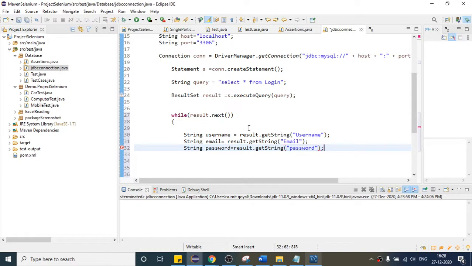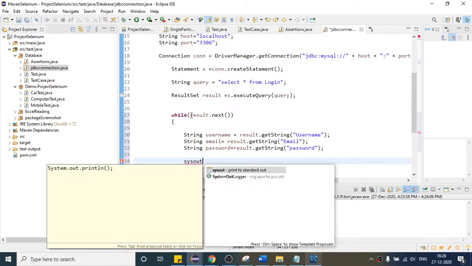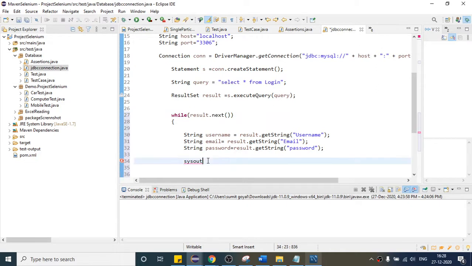So after that, if I try to print, let us see first whether it is printing, then I will explain how this while loop is working and what this step is doing. So first I will print username. Let me not change the line here. After that I will provide some space, and the second one is email.